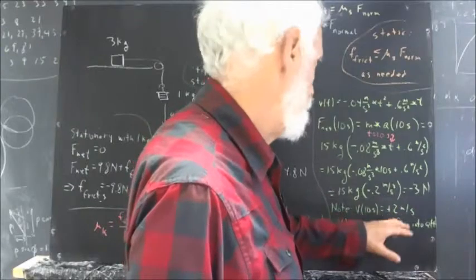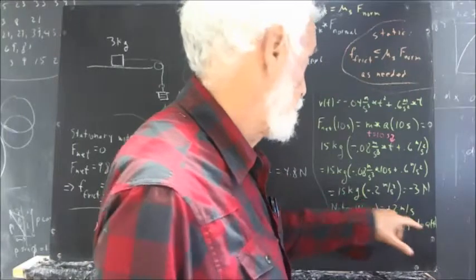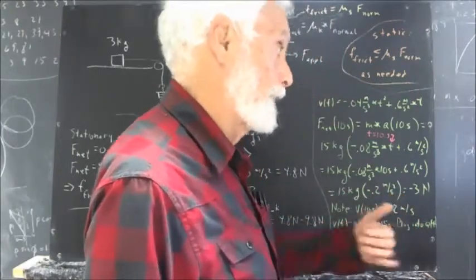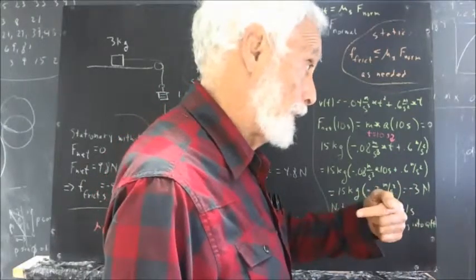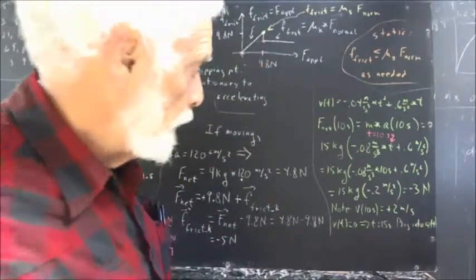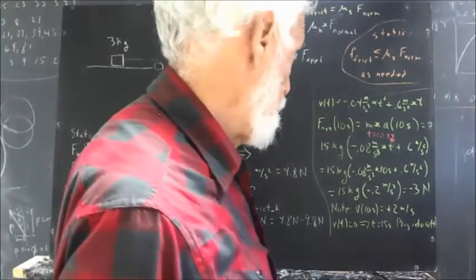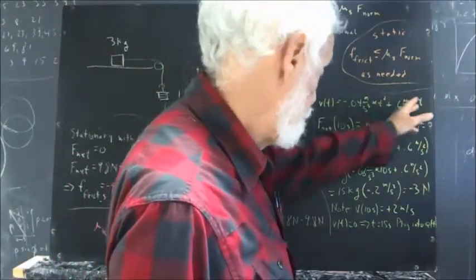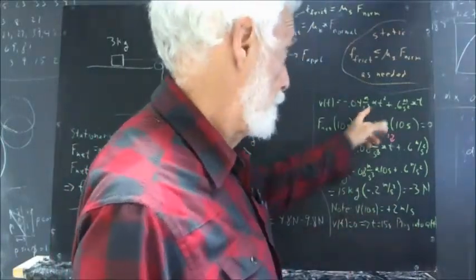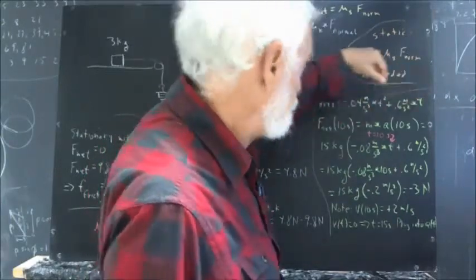So again, at 10 seconds, acceleration and net force are both in the direction opposite the velocity. The object is experiencing a force opposed to its motion. It's slowing down. Now, another question asks, when v of t is 0, what's going to be the acceleration? When the velocity reaches 0, does that automatically mean the acceleration is 0? I mean, if you put zeros in for t, you're going to get 0, but of course you can't take the derivative of this function